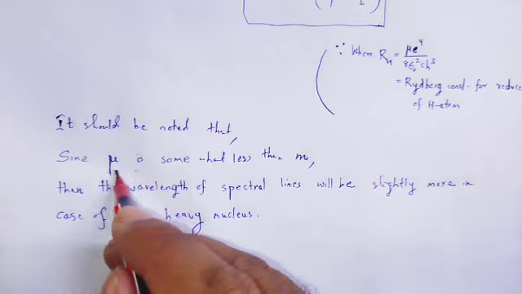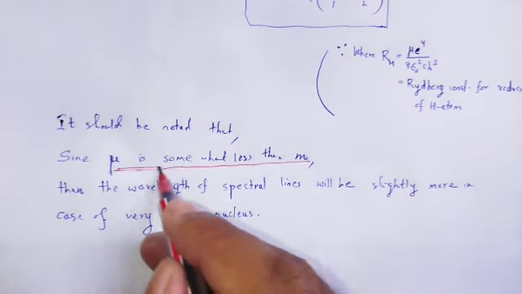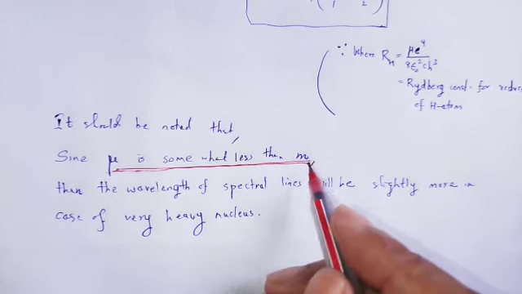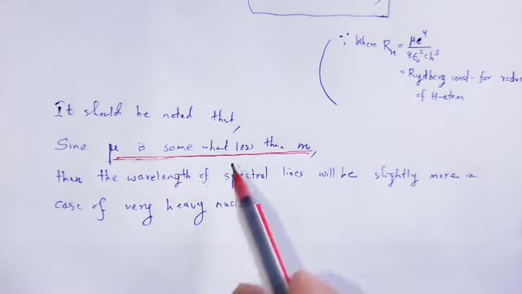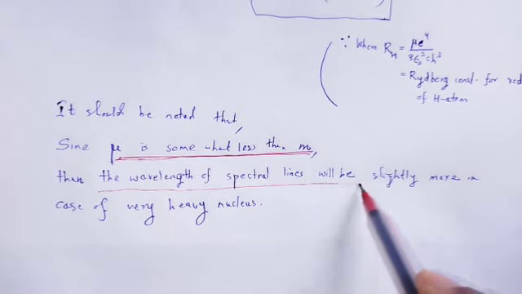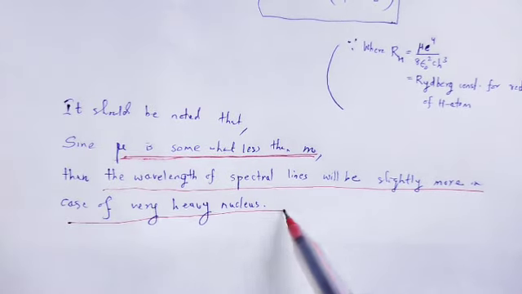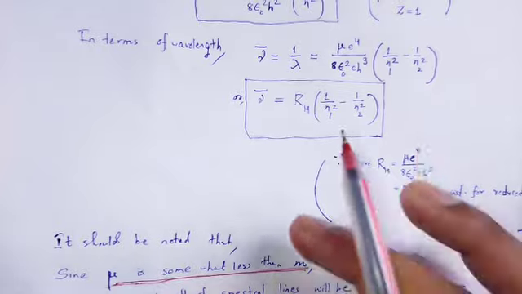As mu is less than mass of the electron, reduced mass is less than mass of electron, then the wavelength of spectral line will be slightly more in case of very heavy nucleus. That is easily understood